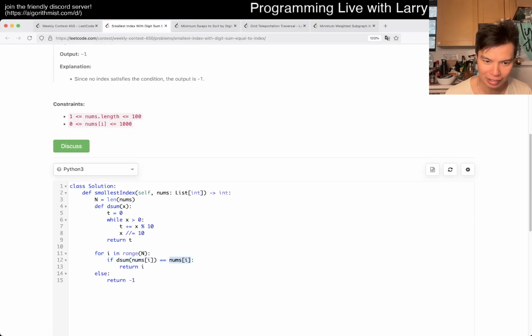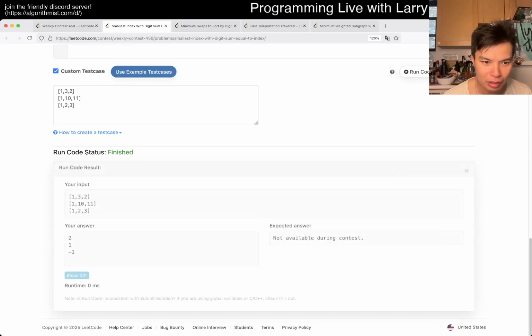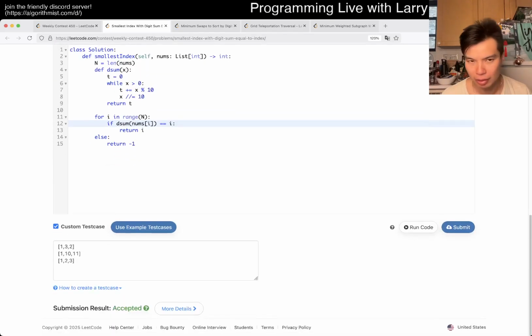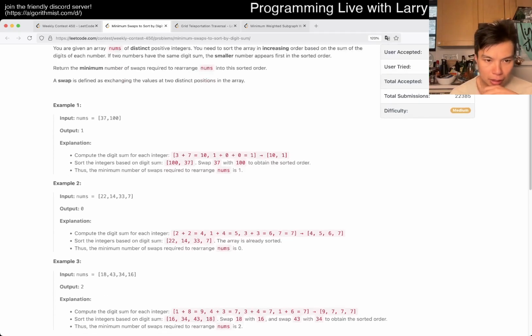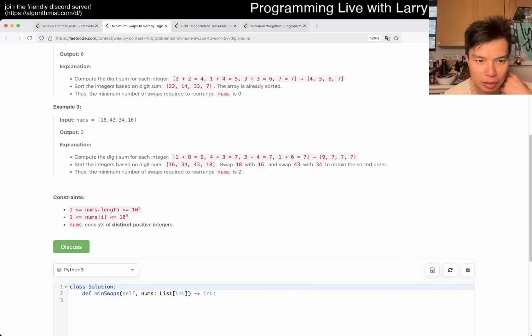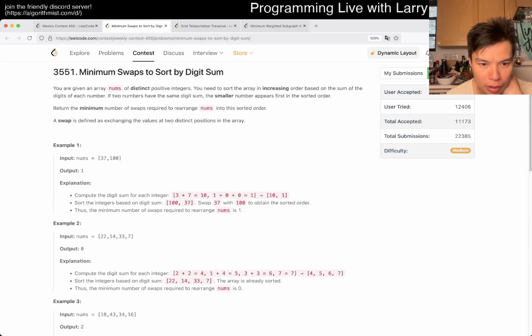I was like, I don't get it because it's just 2, 1, negative 1. Okay. Silly misreading maybe. But all right, let's go. Some of the digits seem pretty straightforward. So you sort by minimum number of swaps. That's awkward. I mean, it's an annoying problem. It's a merge sort problem. Classic merge sort. I mean, I thought it was just sorting, but